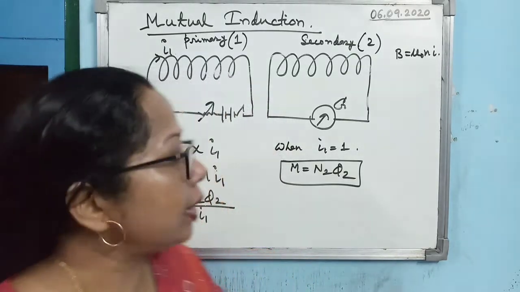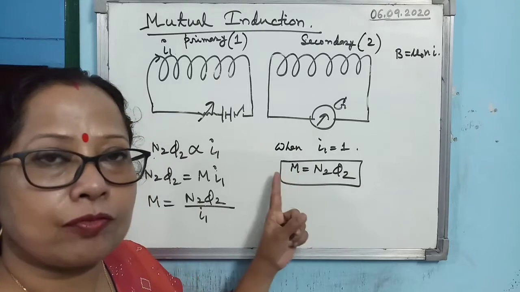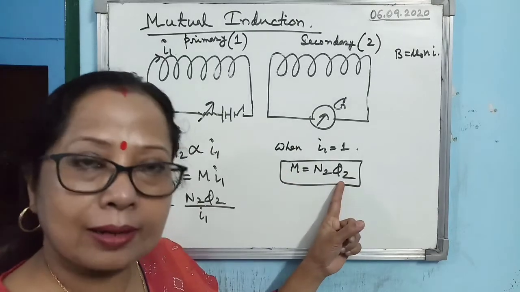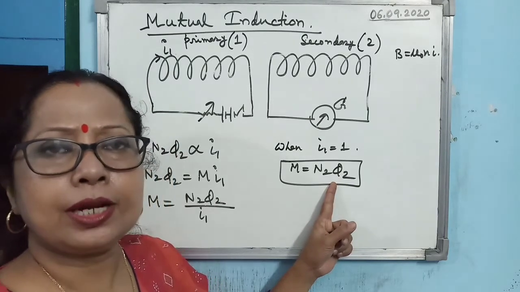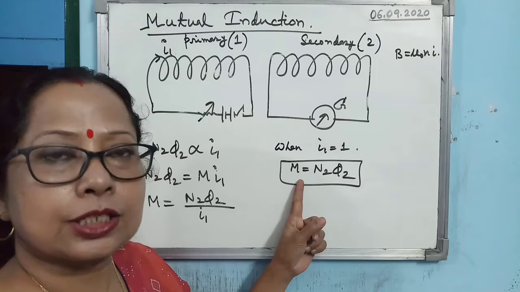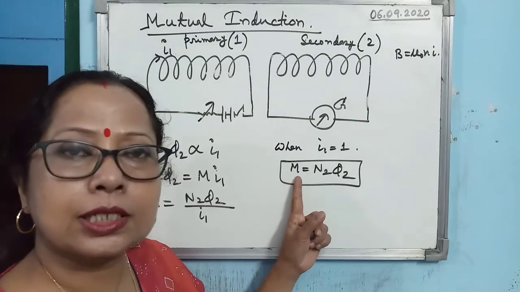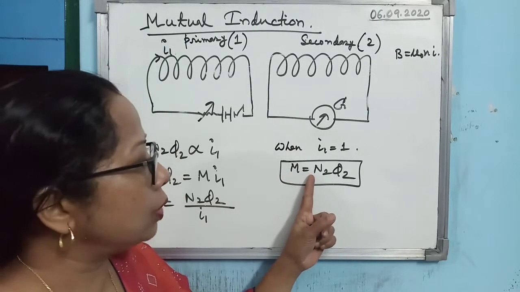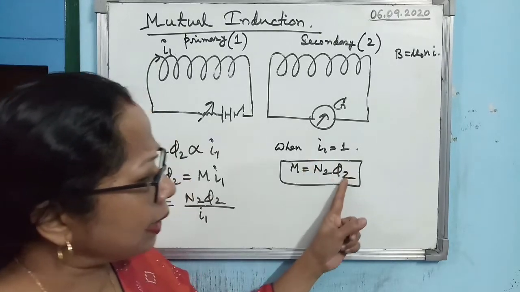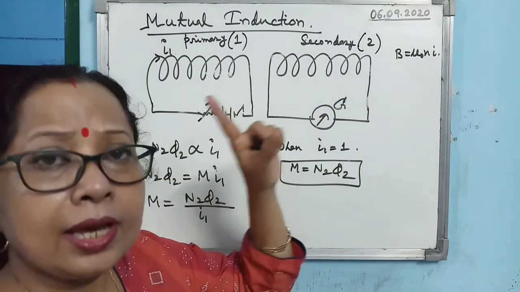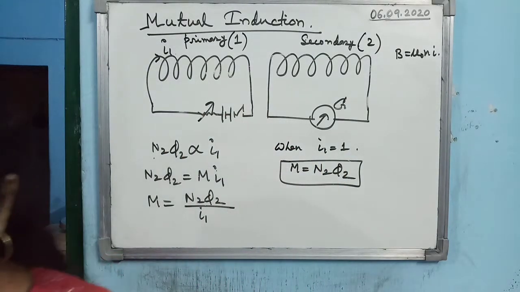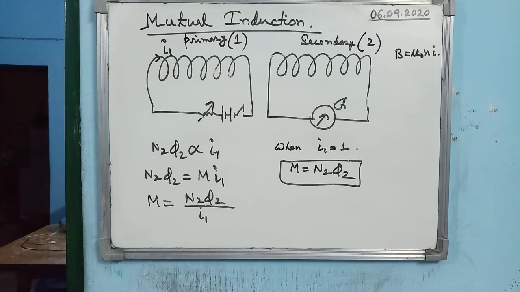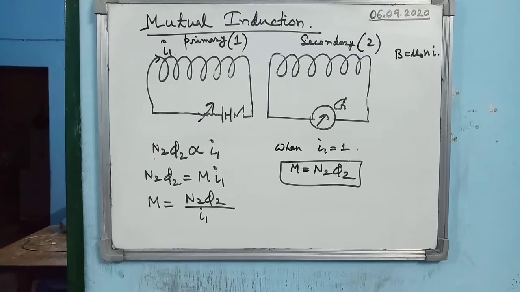I repeat, what is coefficient of mutual induction? So you see, follow my finger and follow the expression written. So this mathematical expression, just write it in sentence. You will get the definition of coefficient of mutual induction. So what is coefficient of mutual induction or mutual inductance? It is equal to total magnetic flux linked with the secondary when unit current passes through primary. Alright, so this is one of the definitions of coefficient of mutual induction.